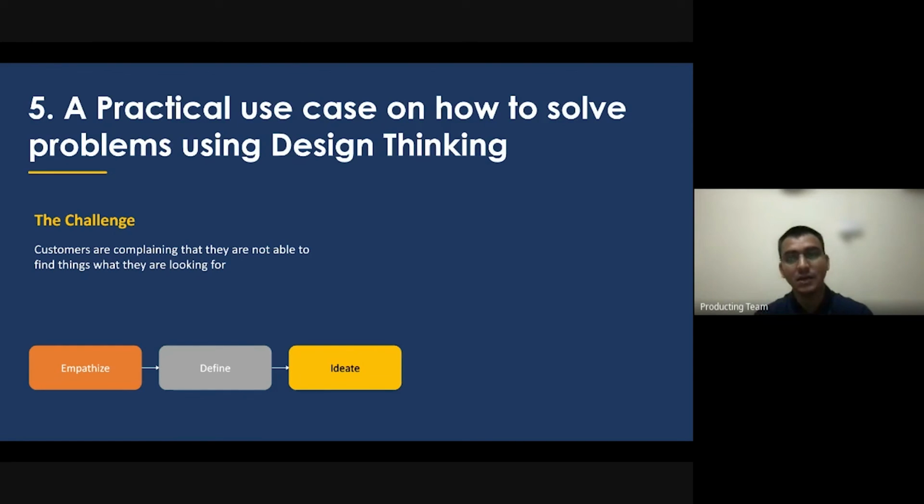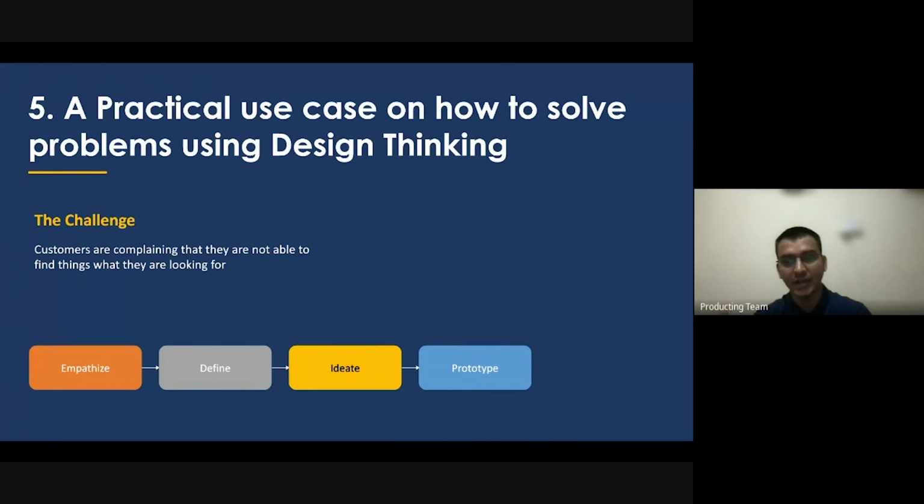Okay, and once the solutions have been sorted out, then we'll do a dot voting, right? Every member will get 3 dots, and they can vote on the ideas, to decide which ideas to take forward for the prototype. Okay, then once that is done,